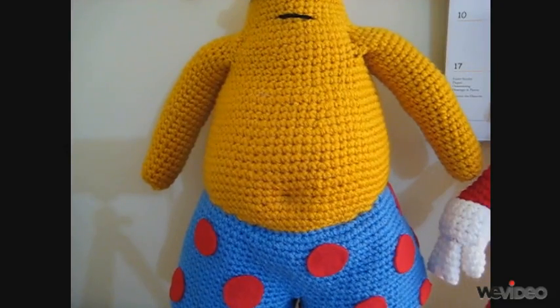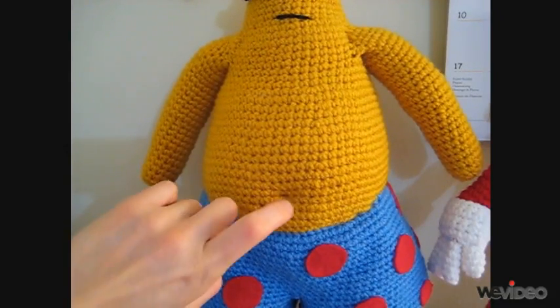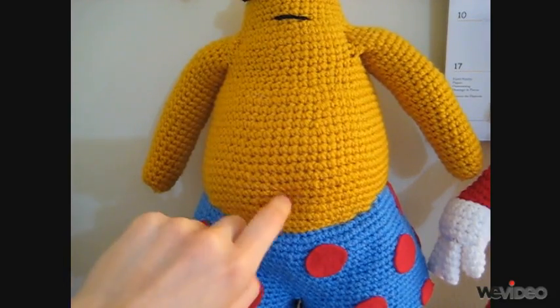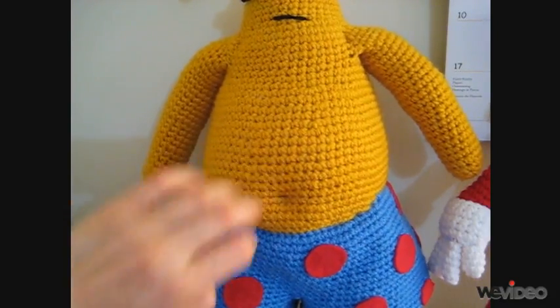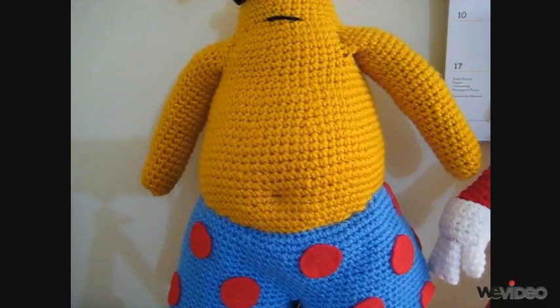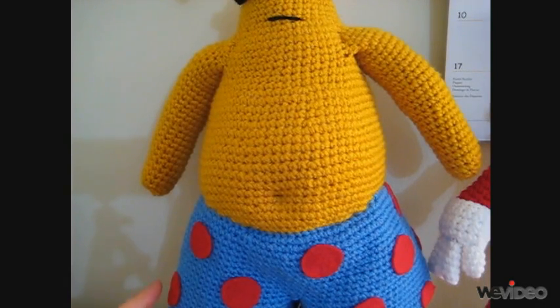It's kind of weird, but it's kind of like if you were to insert a button here, but there's no button, so you just kind of pull it in just slightly so that it would create an indentation for his belly button. And then for this, the shorts, I had trouble finding a way to make it all yarn,